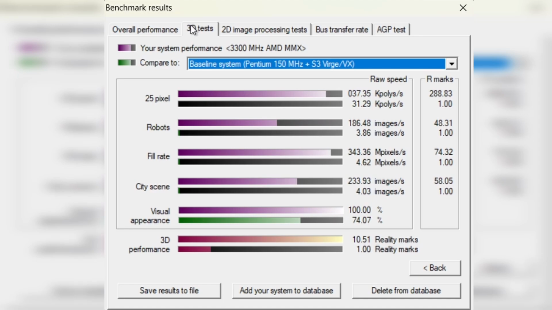You see it's considerably faster than the baseline system, but not as much as you'd imagine, because I imagine the modern hardware is constrained quite heavily by the old DirectX 5 API, as well as just the general age of the software, and also possibly the software's ability to measure. It may be limited in terms of the frame rate. As you can see here, it says